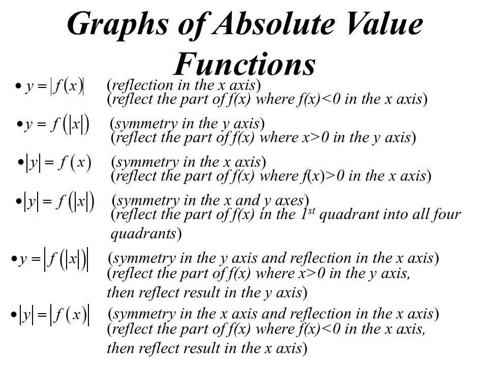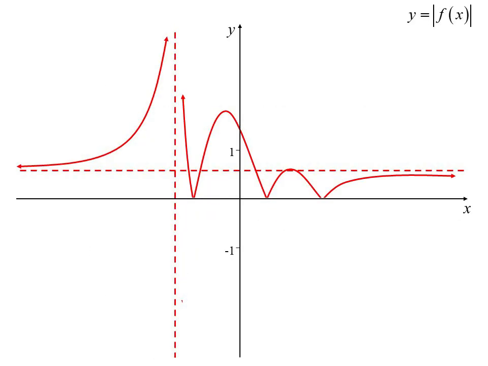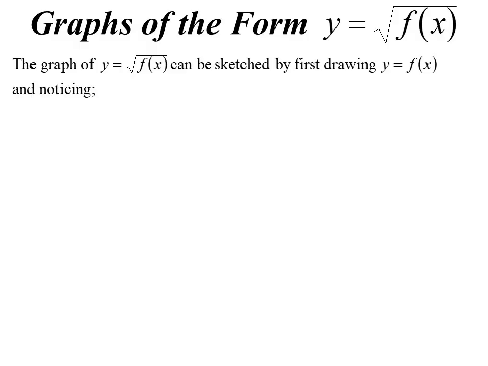Absolute value of y equals absolute value of function x. Okay, so there's function x. Well, we did y equals absolute value of function x, and it ended up being that. If I now go absolute value of y, we said, well, whatever's negative disappears. Well, there is nothing negative here, it's gone. And then reflects over. We get that very interesting graph. And there's probably other combinations we could play with there, but let's now have a look at the square root